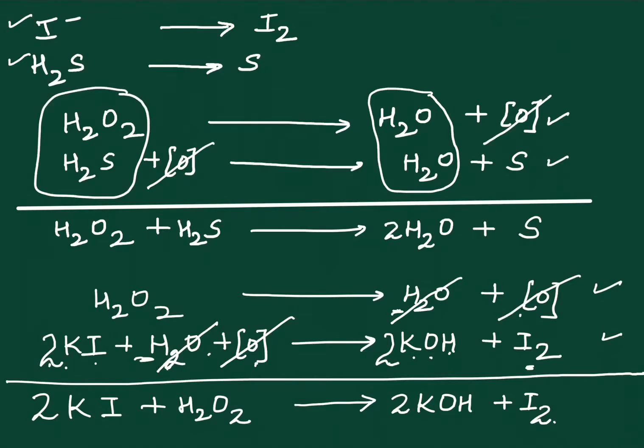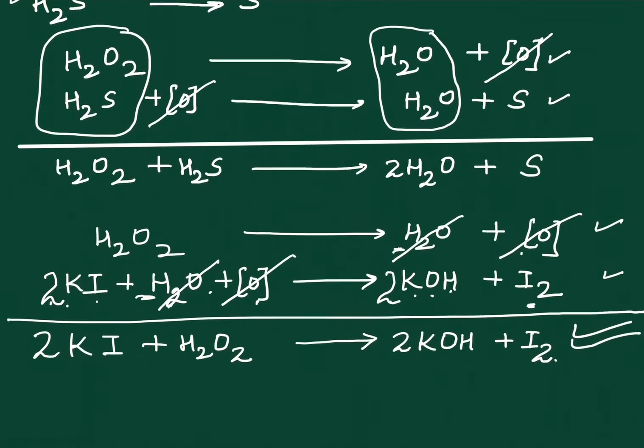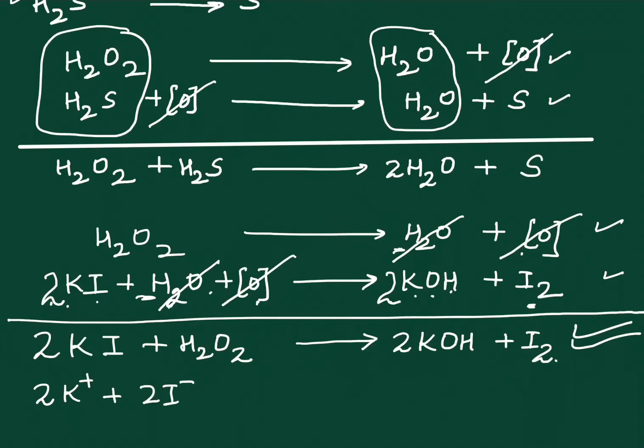Now, I'll give you a target over here. Why don't you write the last equation as an ionic equation? I taught you how to do it, right? Now go ahead, try it. So 2K positive plus 2I negative plus H2O2. Pause the video, try this equation yourself. I've done the left side of the reaction, the reactant side of the equation for you. Try. I'm waiting for you to try. It's very easy to copy it from what you are watching, but it will build your confidence to try it yourself as well.